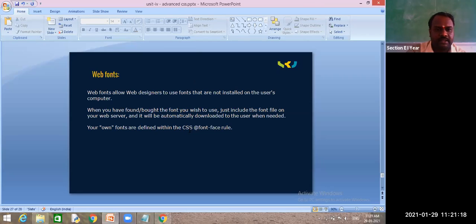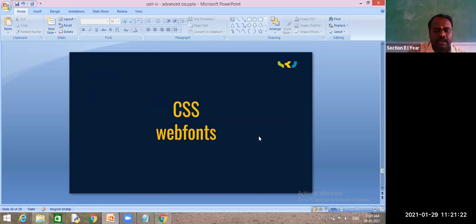See, these web fonts are useful when, for example, I want to display my text in a particular font style. But if that font style is not present in your system, then we go for web fonts.